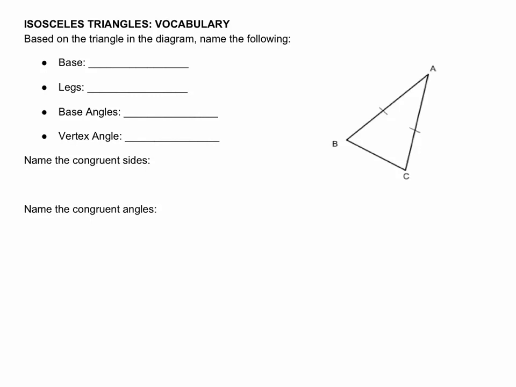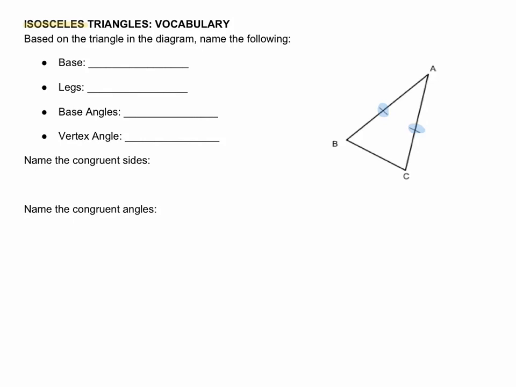So we've been talking about classifying triangles, and one type of triangle that we saw was called the isosceles triangle. Today we're going to talk even more about this type of triangle. So hopefully you guys remember that an isosceles triangle is one that has two congruent sides. I've drawn tick marks on this diagram here to show that those two sides are congruent and that it is